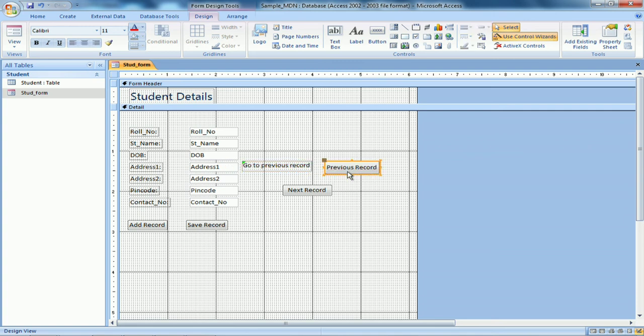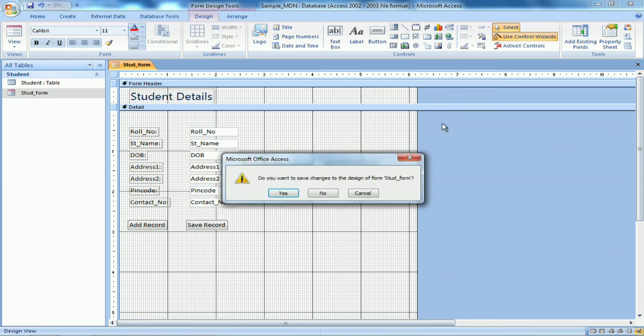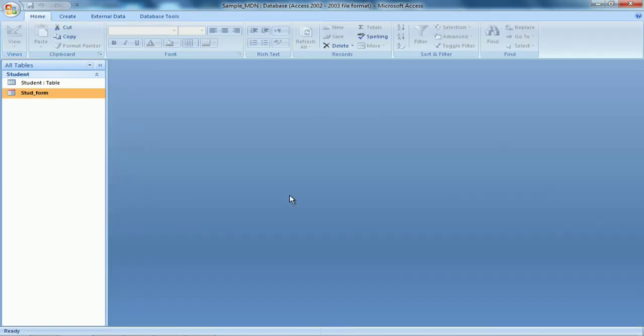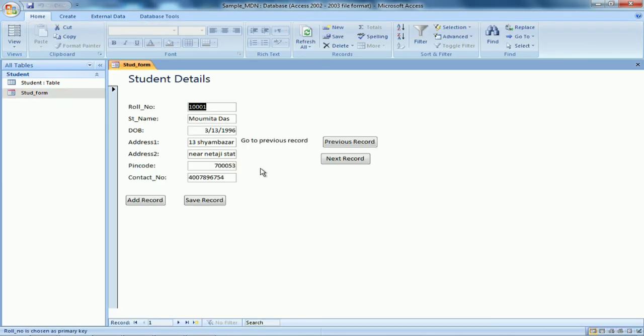Now this is just a design which I have done, just a text box label, nothing else. This will not do any work, meaning this is not a command button. The work of a command button is to execute certain commands and show it to you.